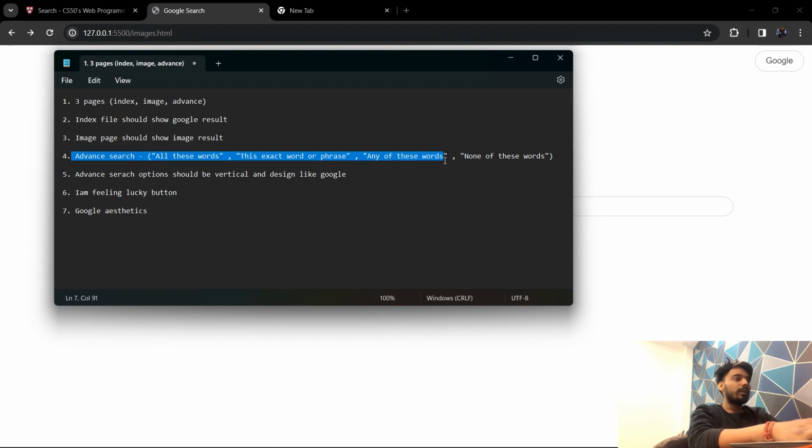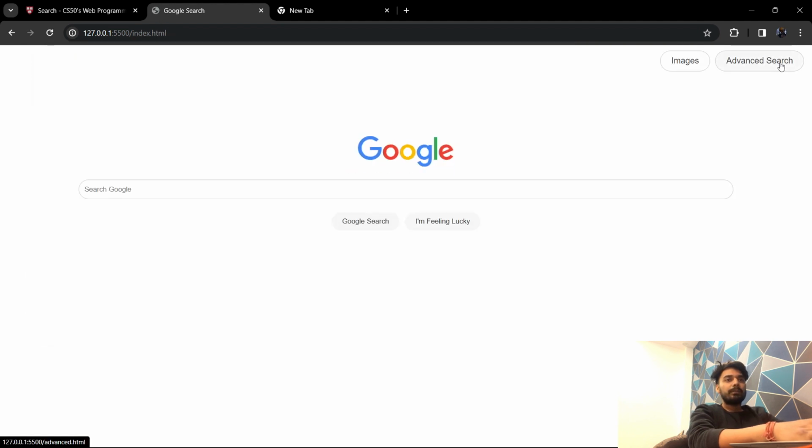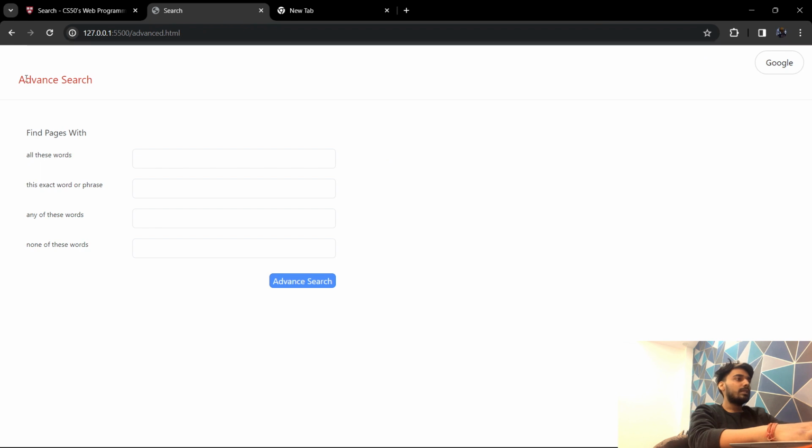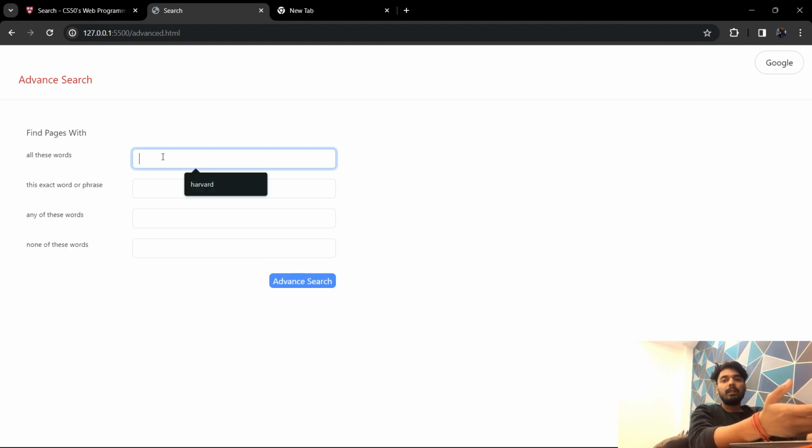Then at the fourth point, we were supposed to make an advanced search page where these 4 input boxes should be there. Let's go back to the advanced search. As you can see, just like Google, there are 4 rows and 4 columns where we can type anything and the result will show based on the words we type there.